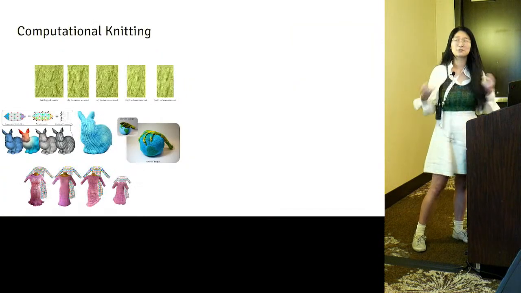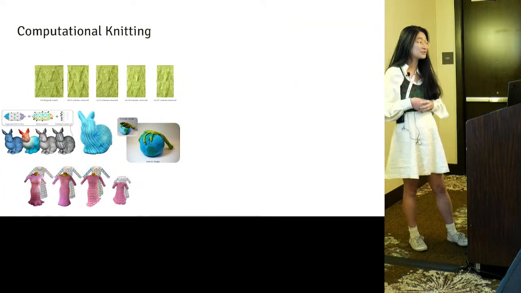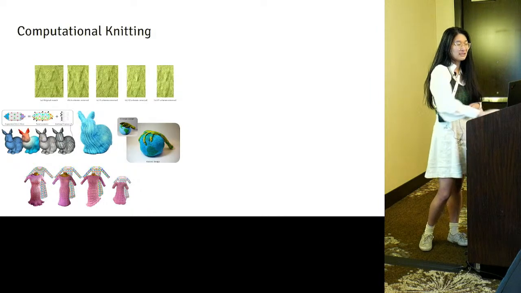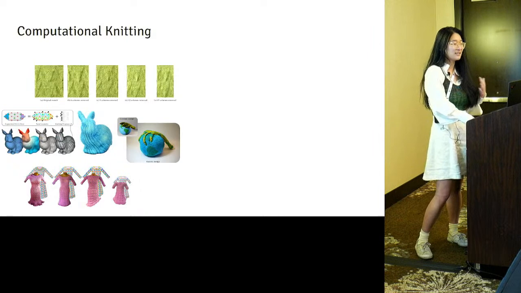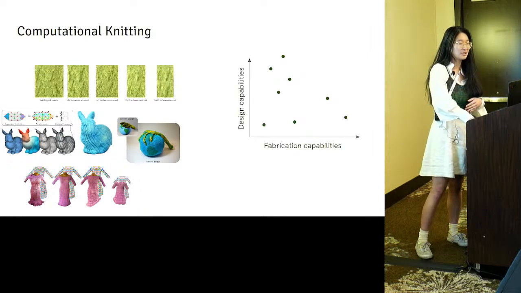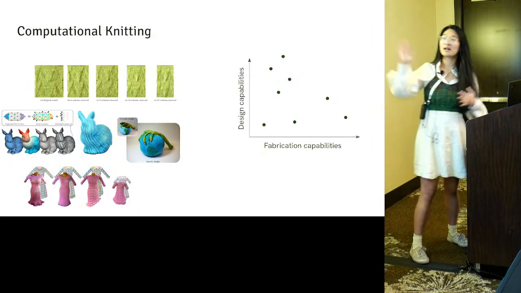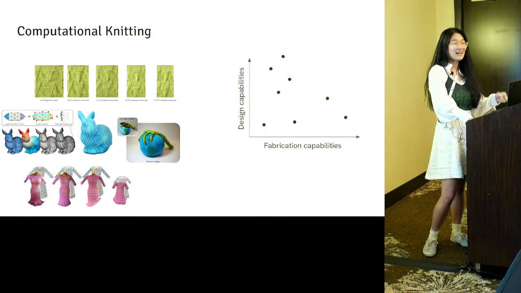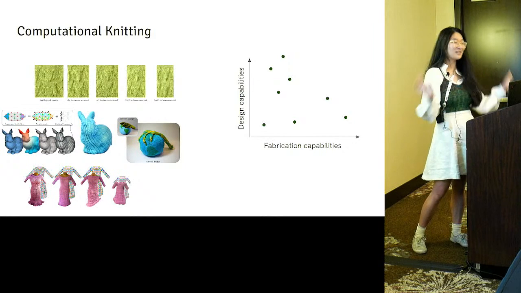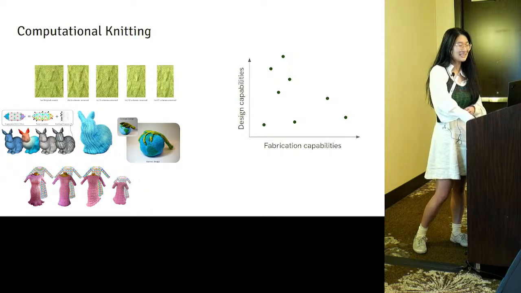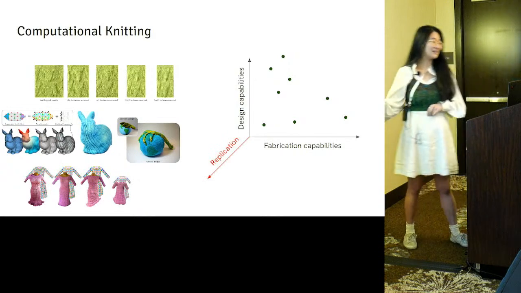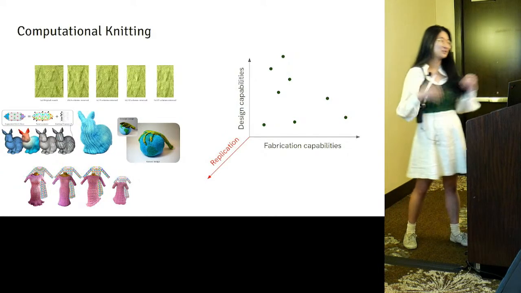And knitting is also a really exciting computational fabrication research field. And so far, there have been many systems that have been published, and they're all focusing on what is possible, pushing the boundaries on considerations of what kinds of objects can be created and for what costs they can be created. But today, I'd like to propose a third, completely new, radical axis that nobody has even thought about exploring: replication, replicability. That is, whether a knit object has the ability to replicate itself.